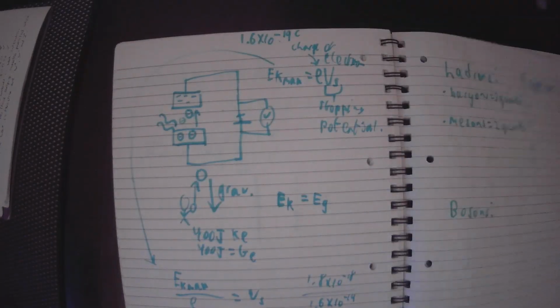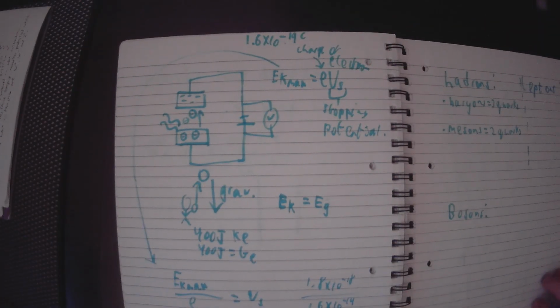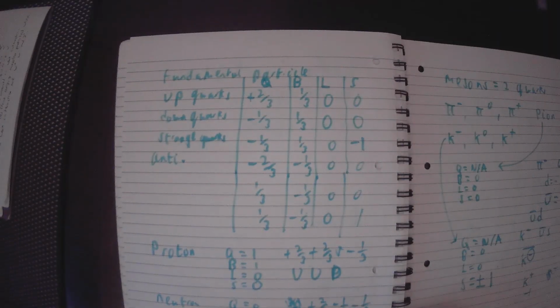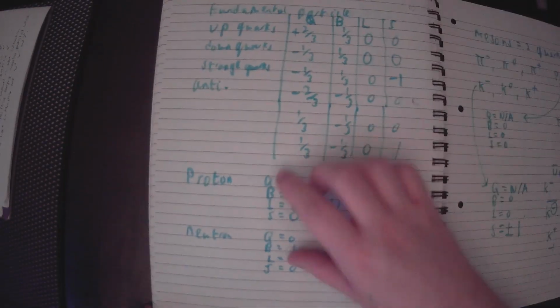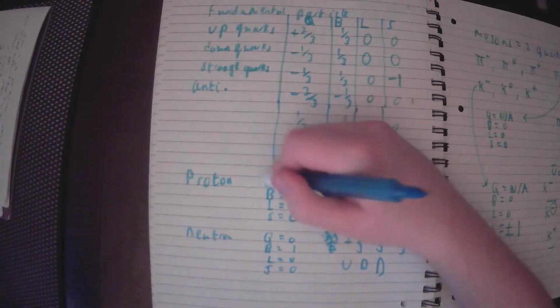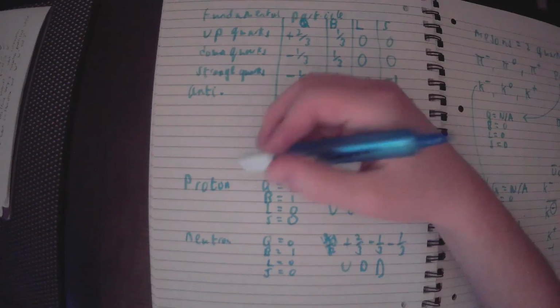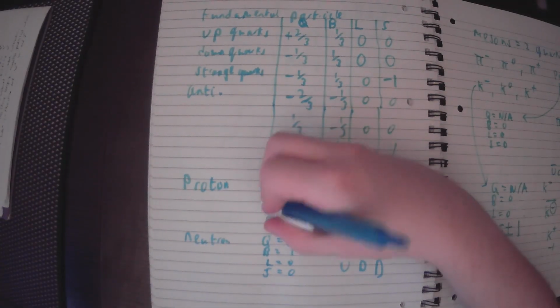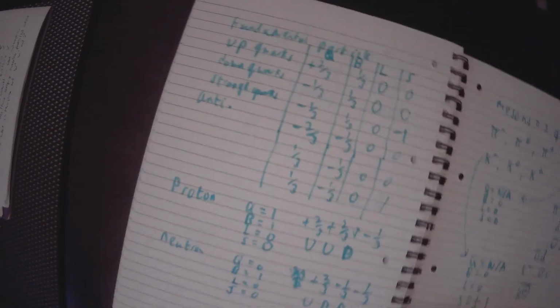Conservation laws go all the way back to QBLS, or cubules, as my physics teacher refers to them, and I will probably call them cubules a few times, so please don't get tripped up on that. QBLS stands for charge, baryon number, lepton number, and strangeness. And in the weak interaction,